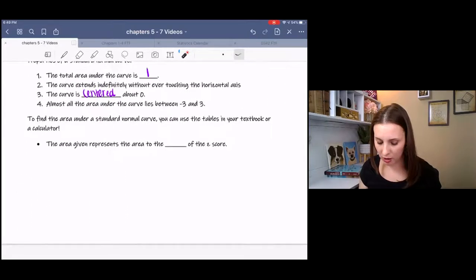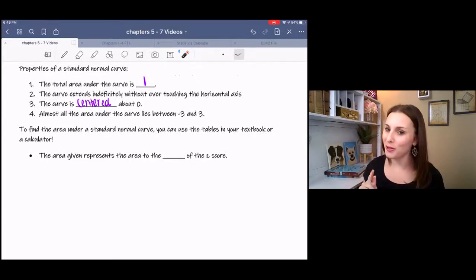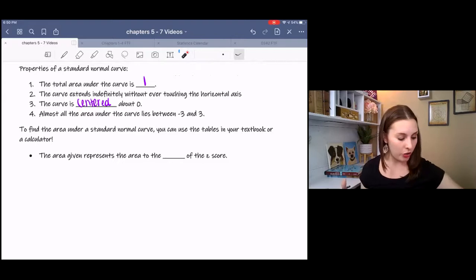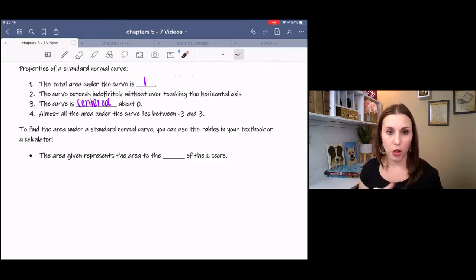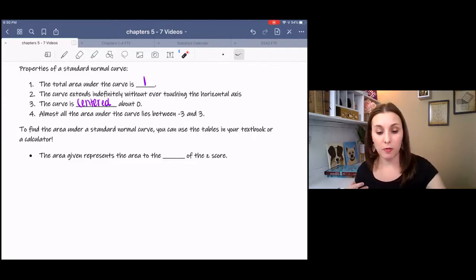So to find the area under a standard normal curve, you can use the tables in your textbook or you can use a calculator. I'm going to show you both because it's valuable to understand where these numbers are coming from on your calculator. So I do want you to get comfortable with your calculator because statistics is a lot of technology based. If you go on into other statistics, you might even get into some programming. So I want you to be comfortable with technology, but at the same time, I want you to understand that the values you're getting on your calculator are not just random values and we don't know where they came from. These values are based on these numbers that have already been calculated, and they can be found using your tables